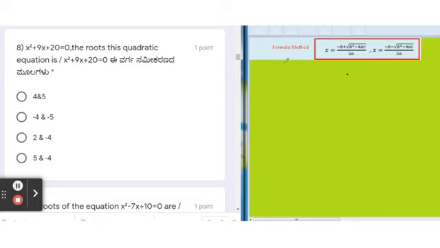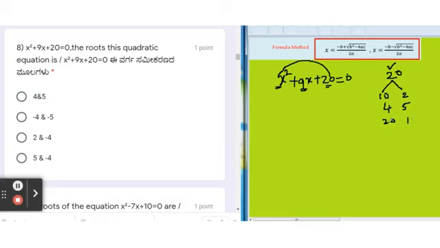Now I am going to solve this quadratic equation using the factorization method. So we all know that in the factorization method, I have to multiply the constant with a, which is nothing but the x square coefficient. 20 times 1 is 20. You have to choose factors of 20 in such a way that if you multiply, you get 20, and if you add or subtract, you get the middle term. So what are the factors of 20? First of all, 10 twos are 20 or 2 tens are 20, 4 fives are 20, 5 fours are 20, or 20 ones are 20, 1 twenty is 20.